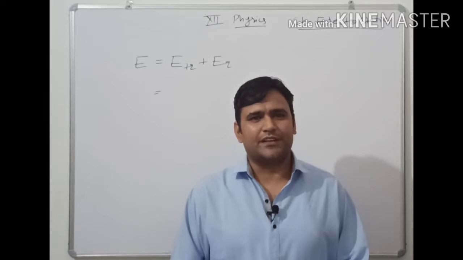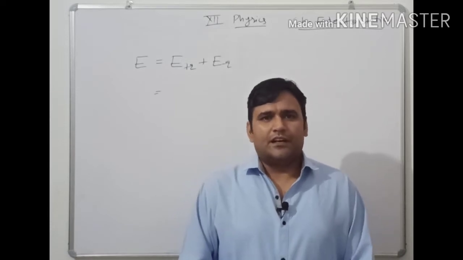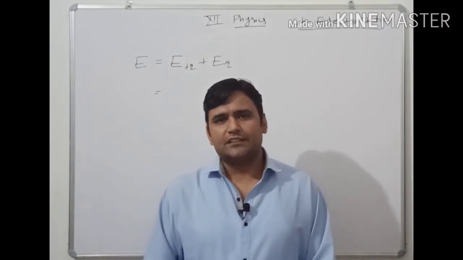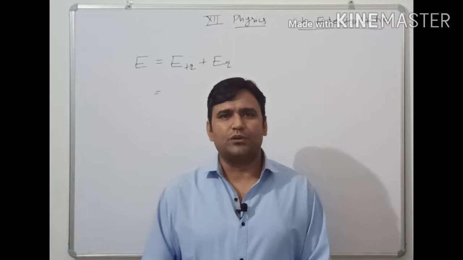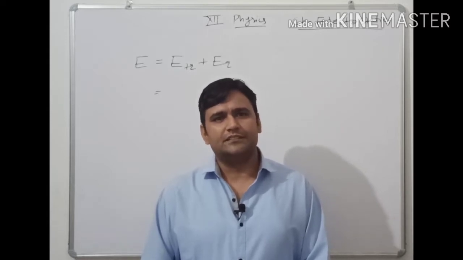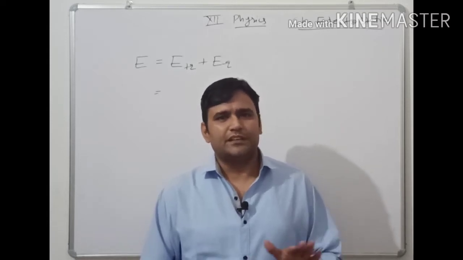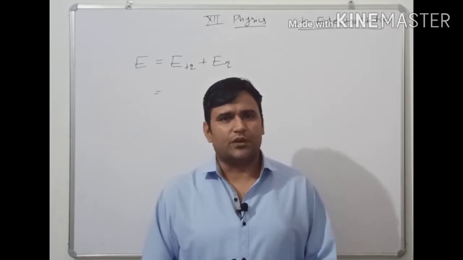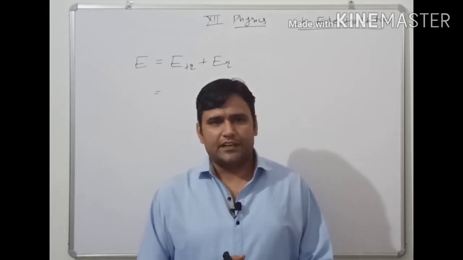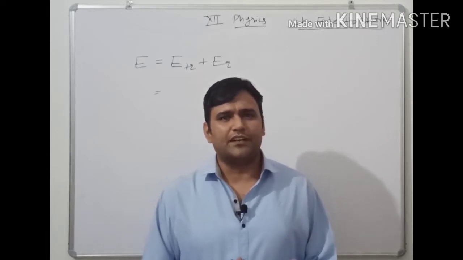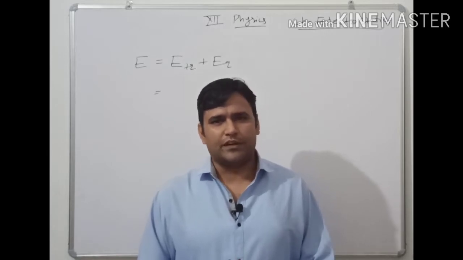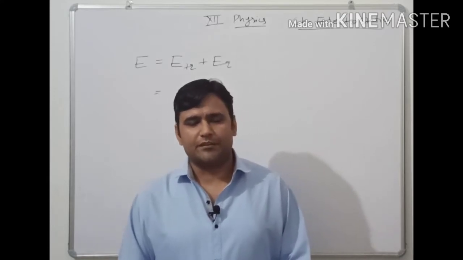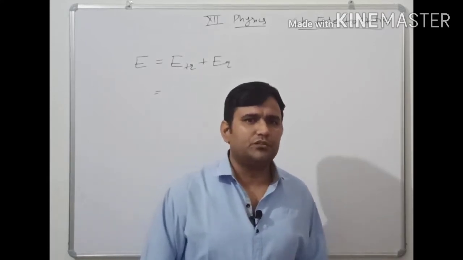Okay, we are in the Physics class, and in the last class we discussed the electric field intensity due to an electric dipole on the axial line, and that derivation was left in between. A few steps remain to accumulate the electric field intensity, and after that we will discuss the electric field intensity due to an electric dipole on the equatorial line, and after that we will discuss the torque due to an electric dipole.